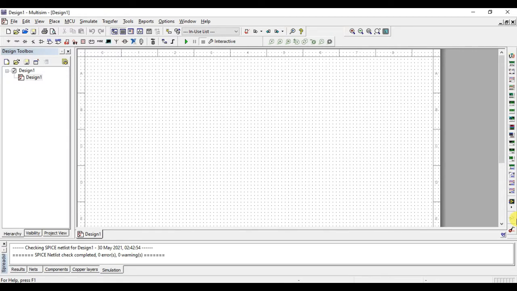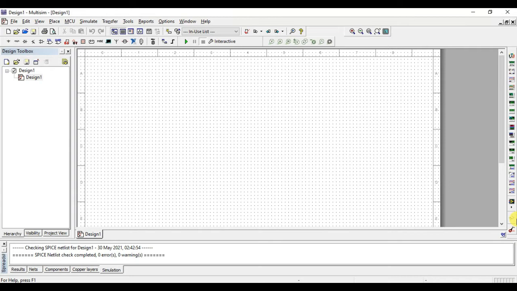Today I would like to explain about Zener diode VI characteristics and Zener diode as voltage regulator using Multisim. Okay, and also its VI characteristics using Multisim. So first of all, what is meant by Zener diode? A Zener diode is a type of diode which is used for voltage regulation purposes. Normally a Zener diode is used as a voltage regulator in reverse bias condition.